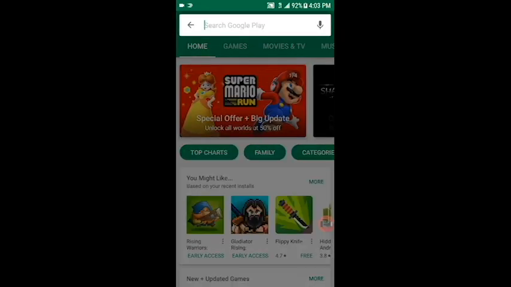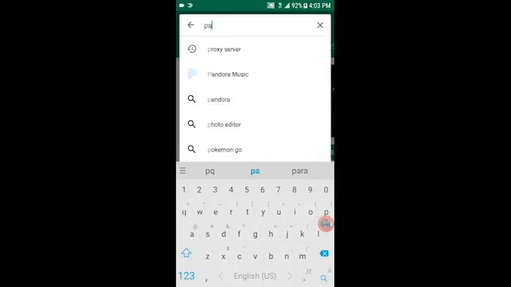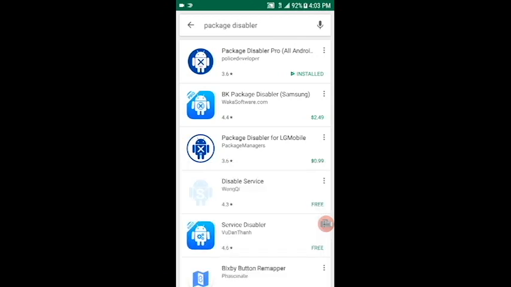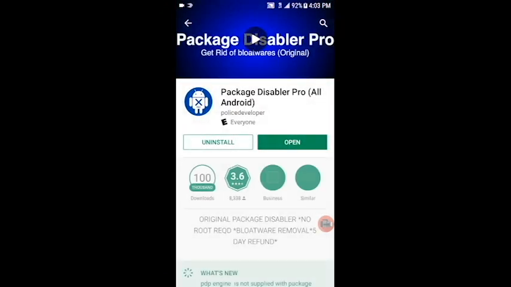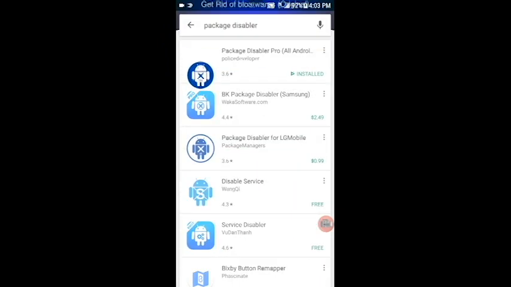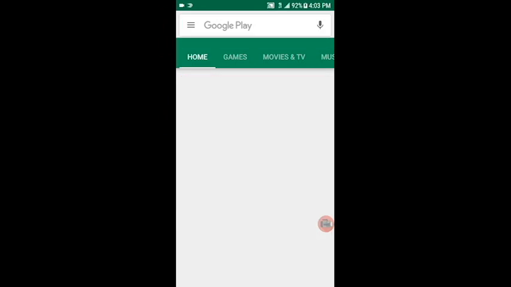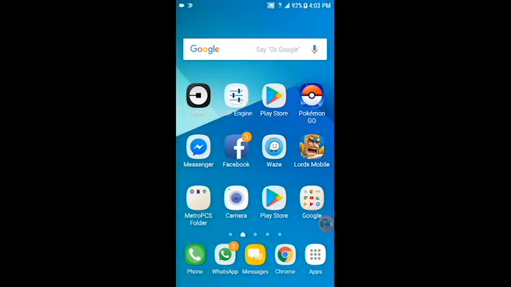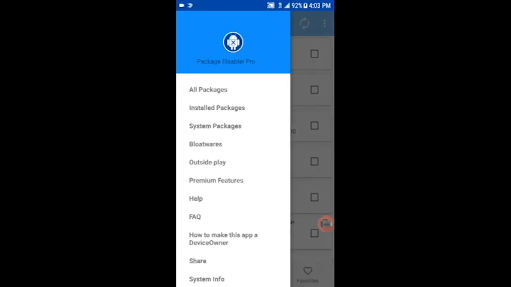After that, go to Play Store and download Package Disabler Pro. I think it costs a couple of dollars, but you can download it from APToy also. After you download Package Disabler without root, you go